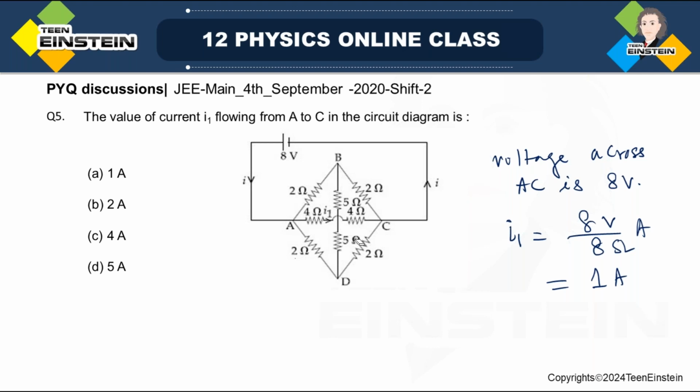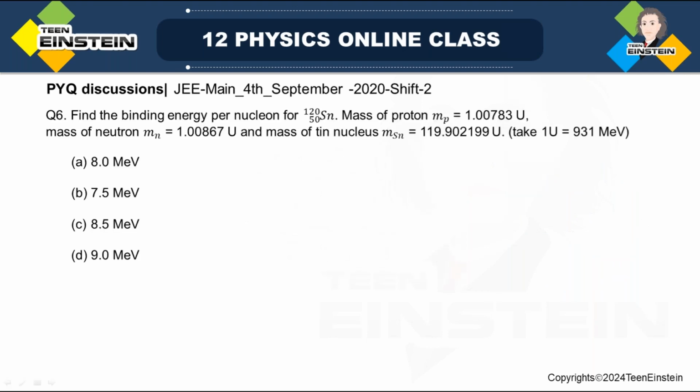Okay, all right, let us go to the next problem. So this problem is also a very important problem and also a very easy problem, finding out the binding energy. So find the binding energy per nucleon of tin